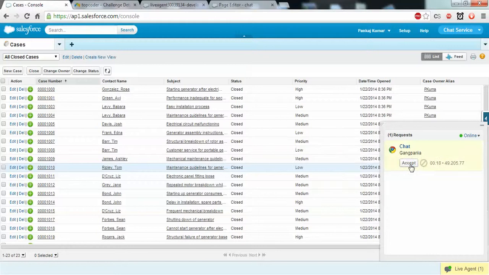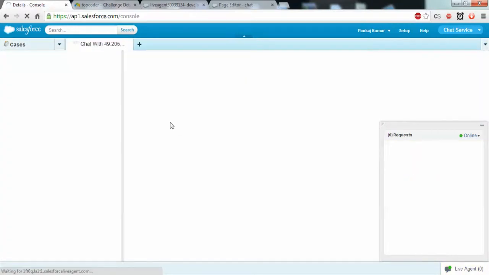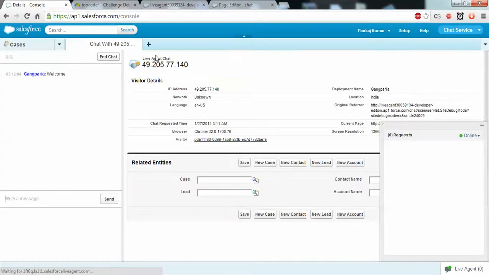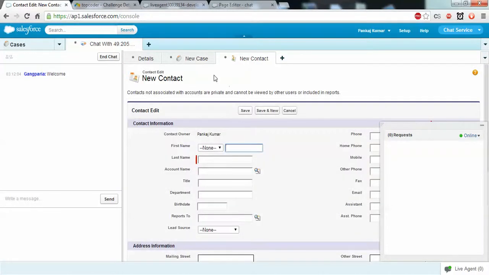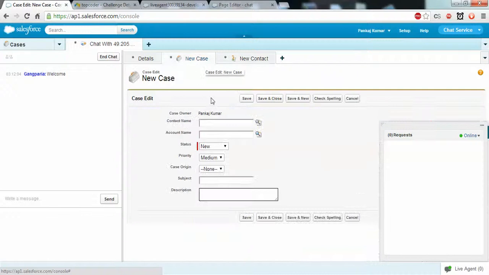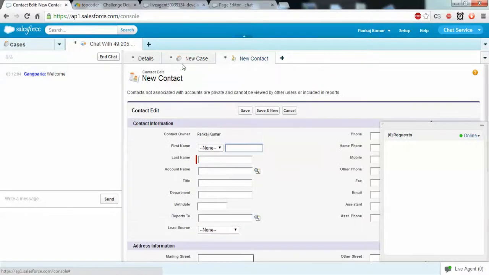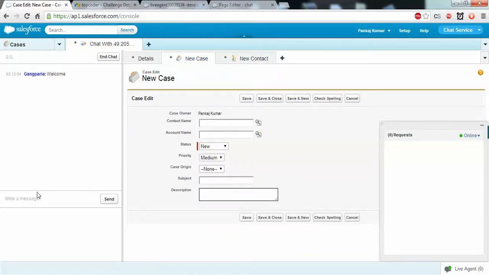Once you accept this, it will open a chat window, and I have selected to contact and lead. In the contact and case, you can create a case from the visitor details, like you can ask for your details, and you can create a new case and new contact from a visitor, and you can also do some chat, like hi.